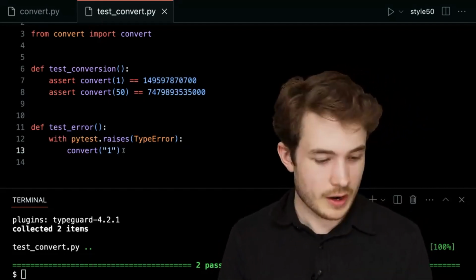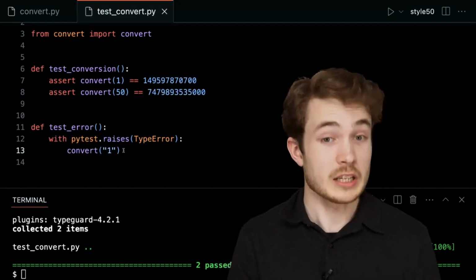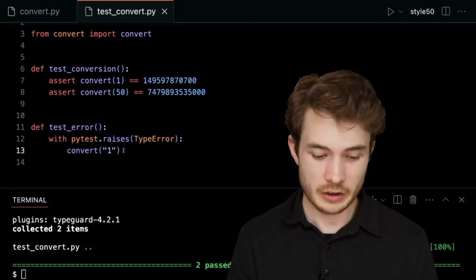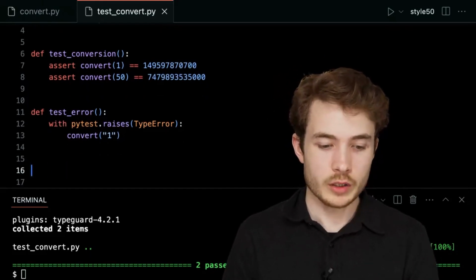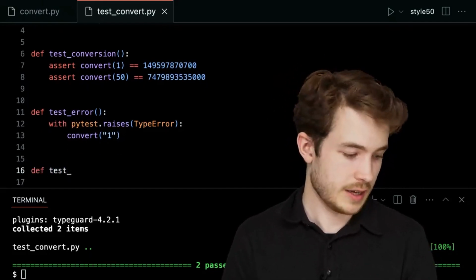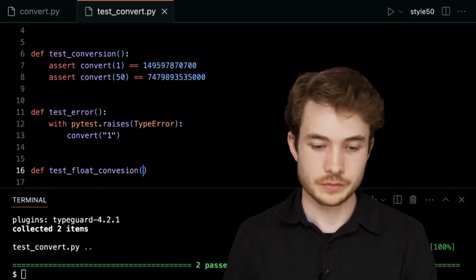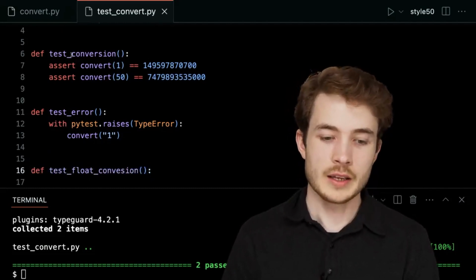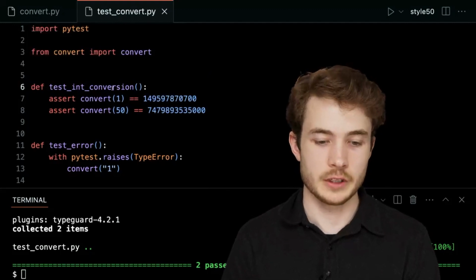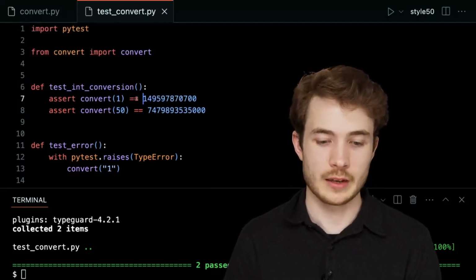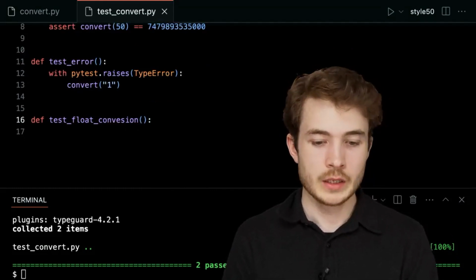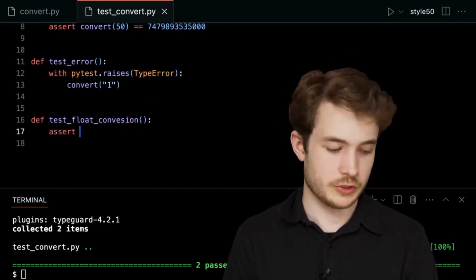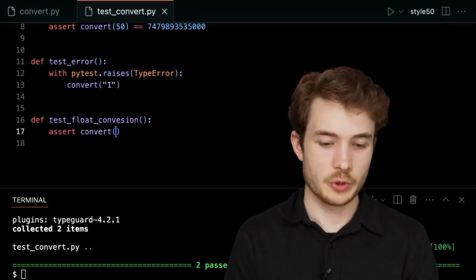So let's go ahead and see what kind of utilities Pytest has for those kinds of scenarios. I'll look at a new test here, one called def test_float_conversion. For consistency, I'll say this is testing our integer conversion between whole numbers and whole numbers, but this here is testing our float conversion. In here, I'll try to assert that I will be able to convert